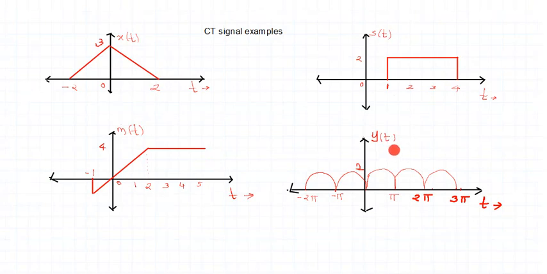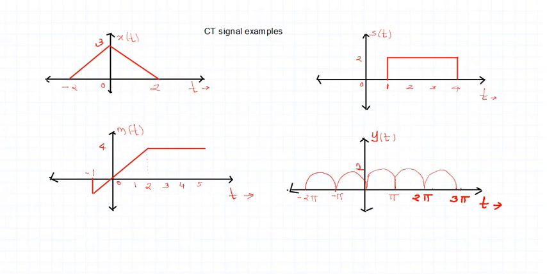Right, let me talk about the last signal now. I've named it y of t. The base is t here. So you are very well aware of this signal. Is it finite or infinite? Definitely it is finite here because I've terminated it here. If you had put some dots here, then it would have indicated that the signal tends to infinity.